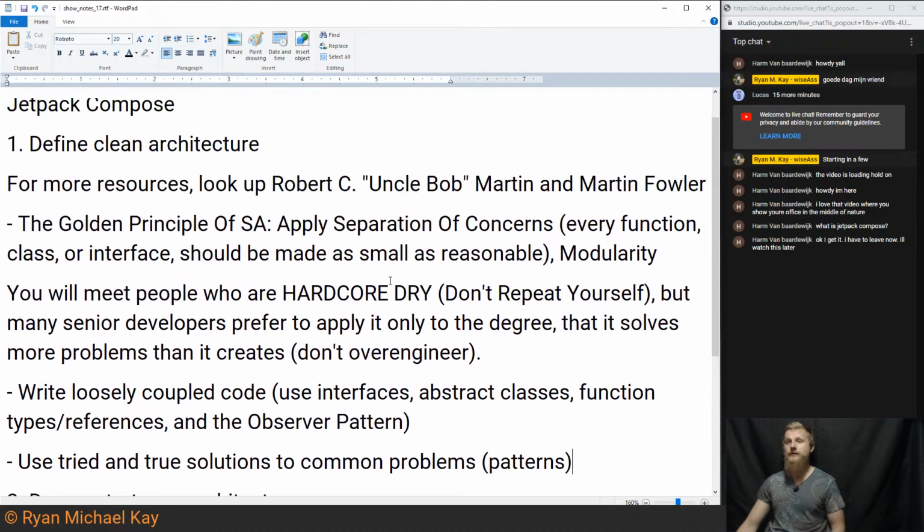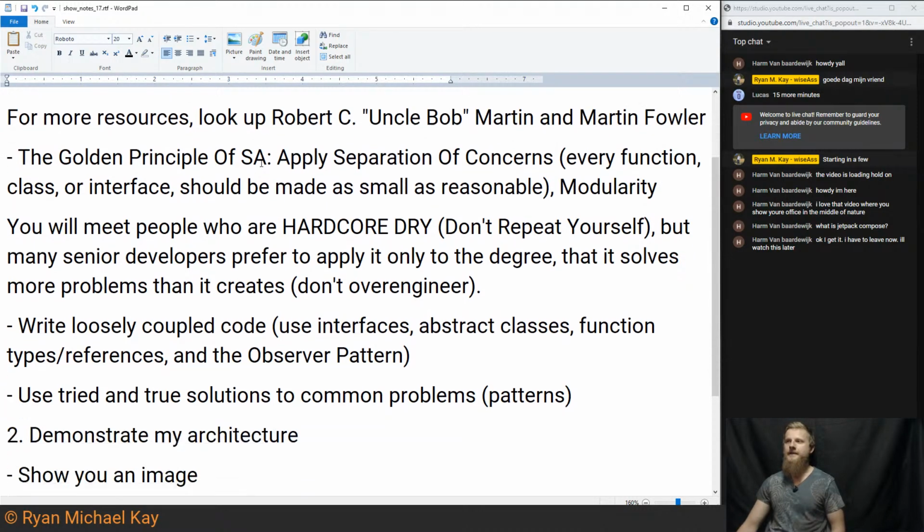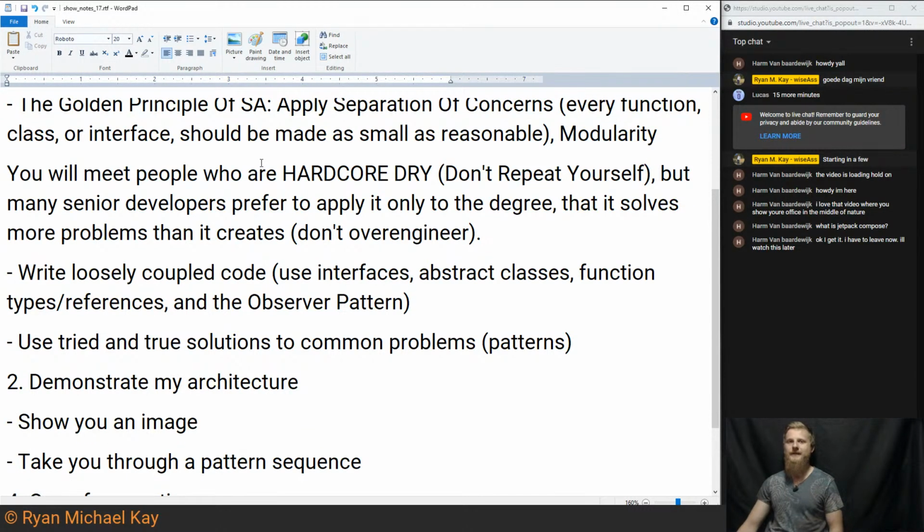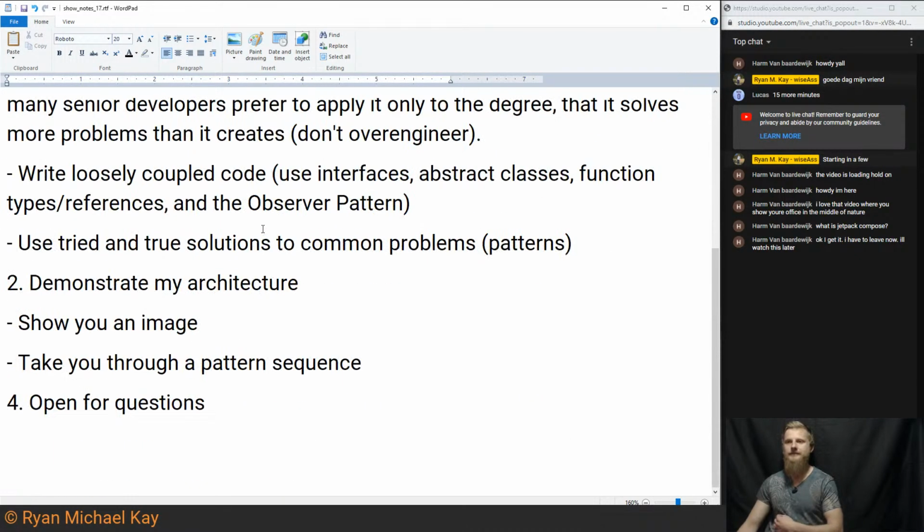If you do those three things, even if you don't have an interactor or a transaction script or a domain model or an entity or all the different words that Martin Fowler and Uncle Bob use, you're, in my opinion, still applying the principles of clean architecture. We can talk later about what the benefit of doing that is, but here's how to achieve it. Moving on to number 2, I want to give you a demonstration of my architecture that I use in